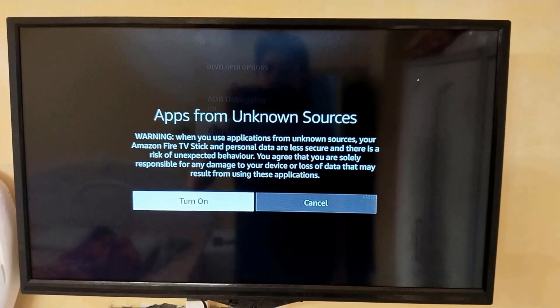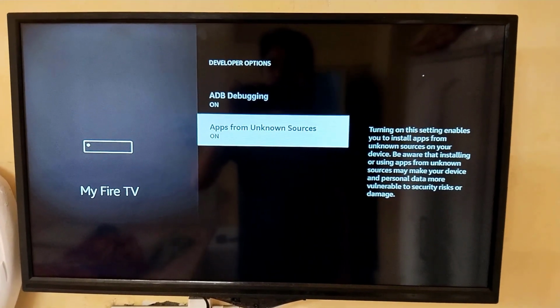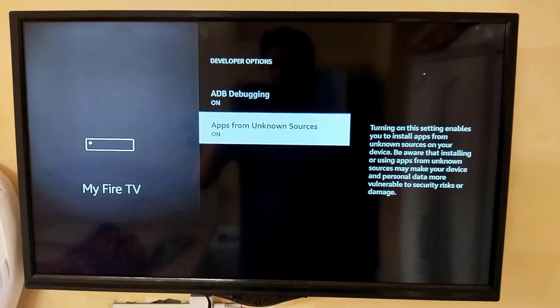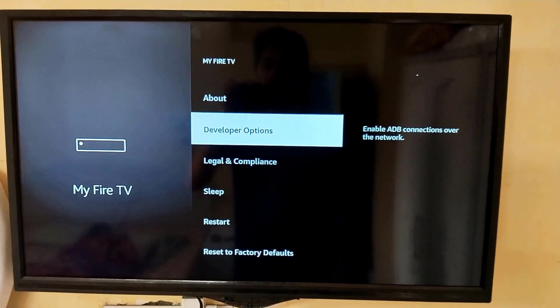You can see apps from unknown sources. Just turn it on. After doing this, you can install any third-party app on this. That's it guys. So in this way, you can enable and install